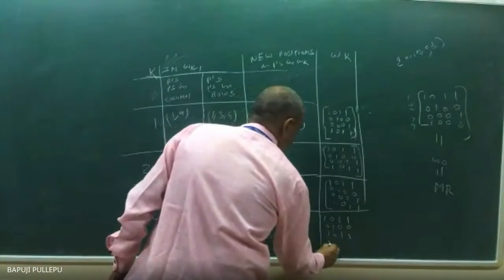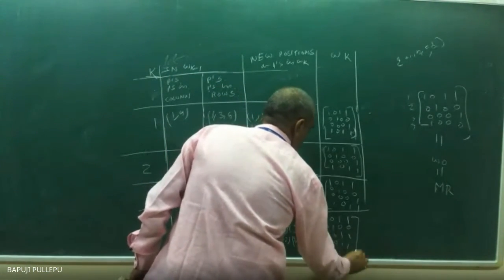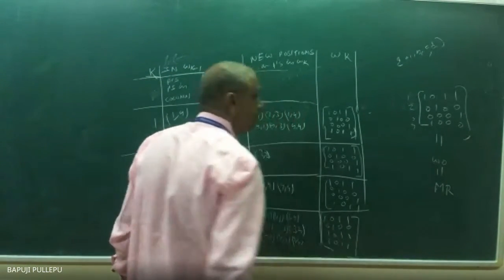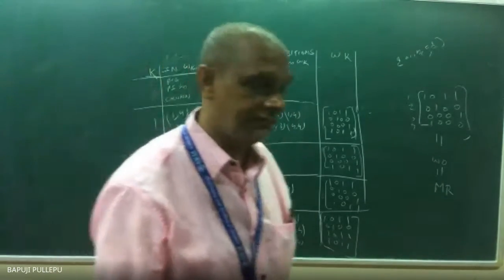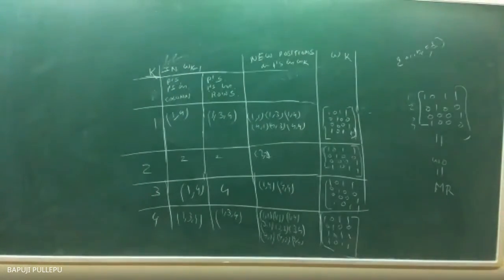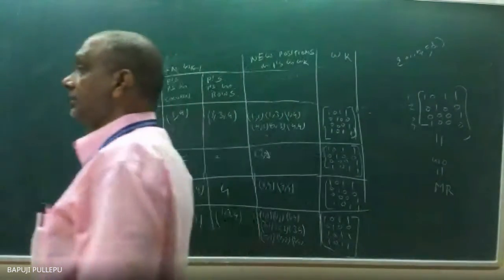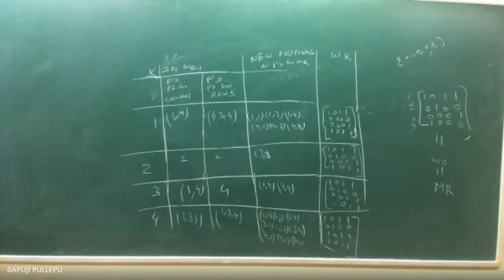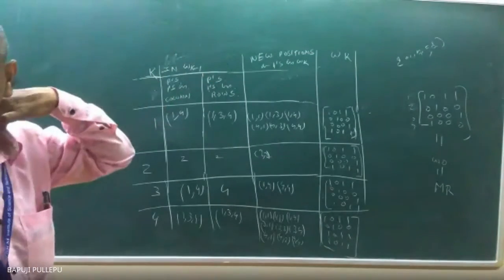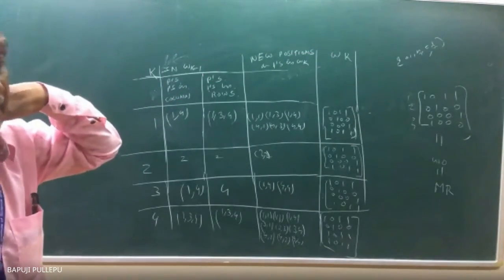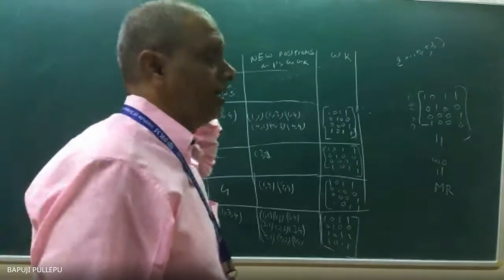So the transitive closure, if they ask, reaching using Warshall's algorithm means what? Like this you can write. So given the initial matrix, you can start with W0, Warshall's algorithm, 0 start, then you can write how many questions. That 1, 2, 3, don't confuse with 1, 2, 3. Here my elements are 1, 2, 3, so I have taken 1, 2, 3.